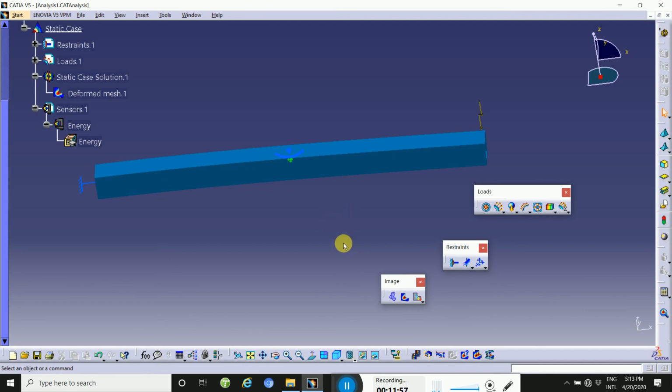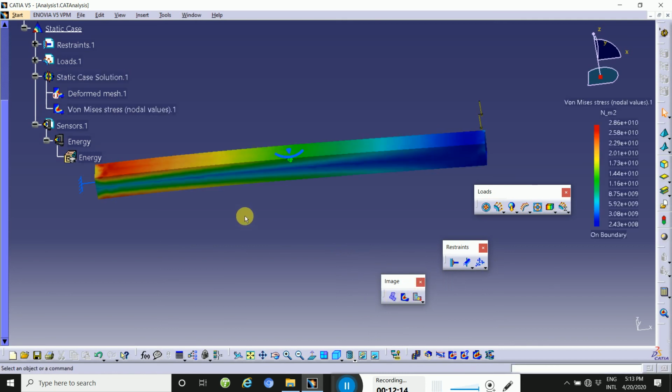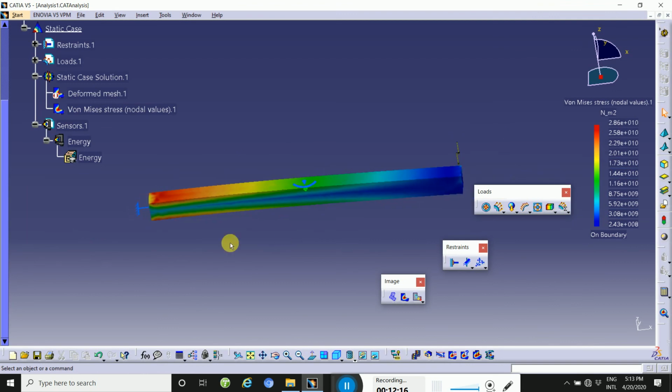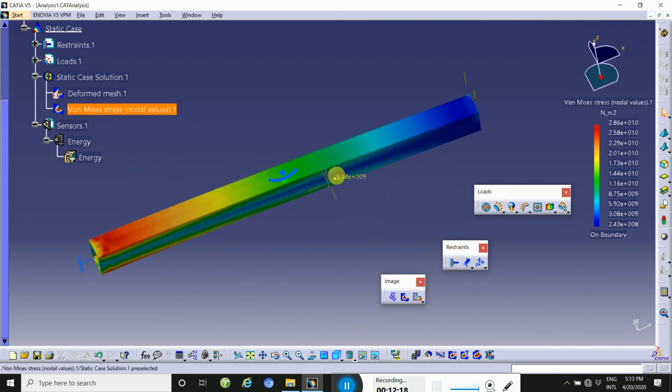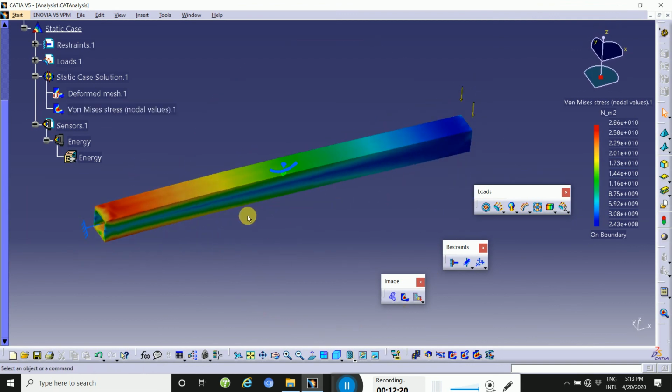And now next, switch on the material view and run. Next is the von Mises stress on the part.